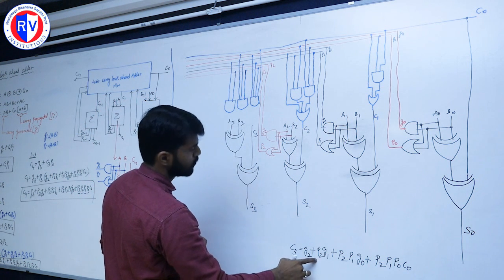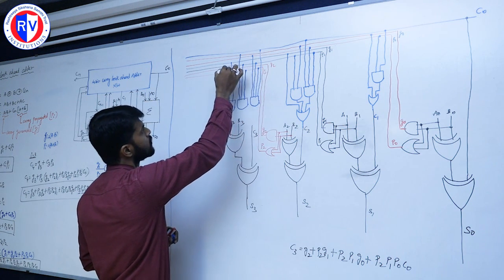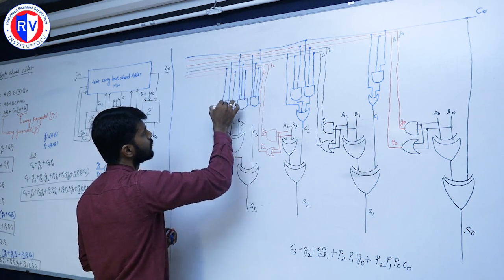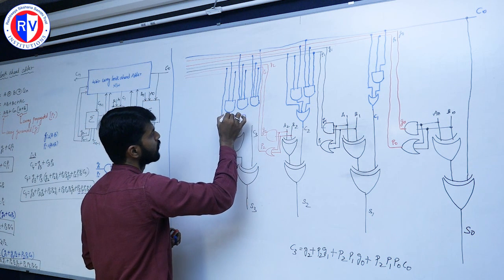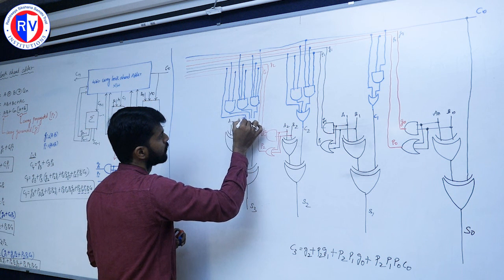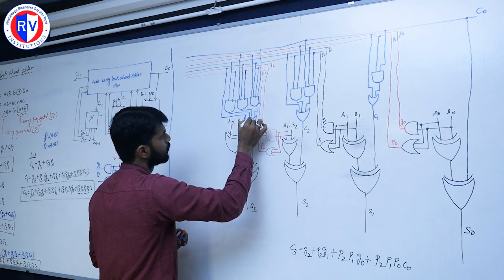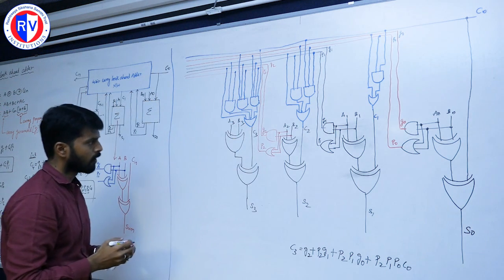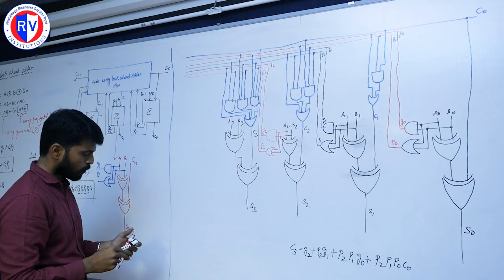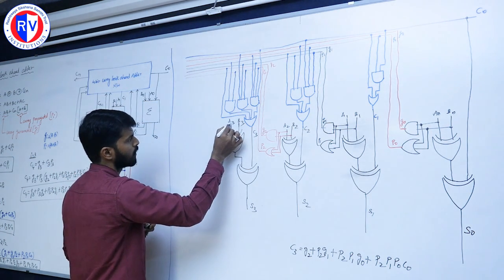Next is the G2. So this is the G2 I will take. And along with all these 3, all need to be connected with one OR gate. I will place one OR gate. It will get connected to C3. So after that, the output of this stage we are also getting,